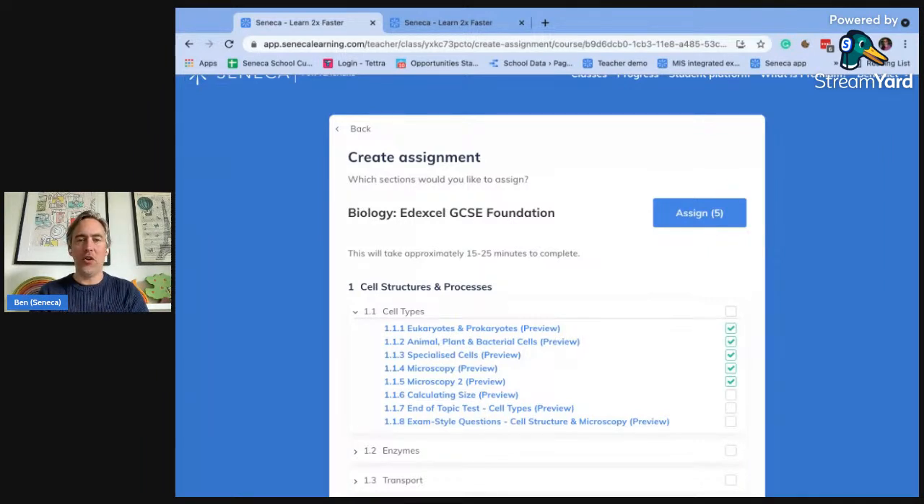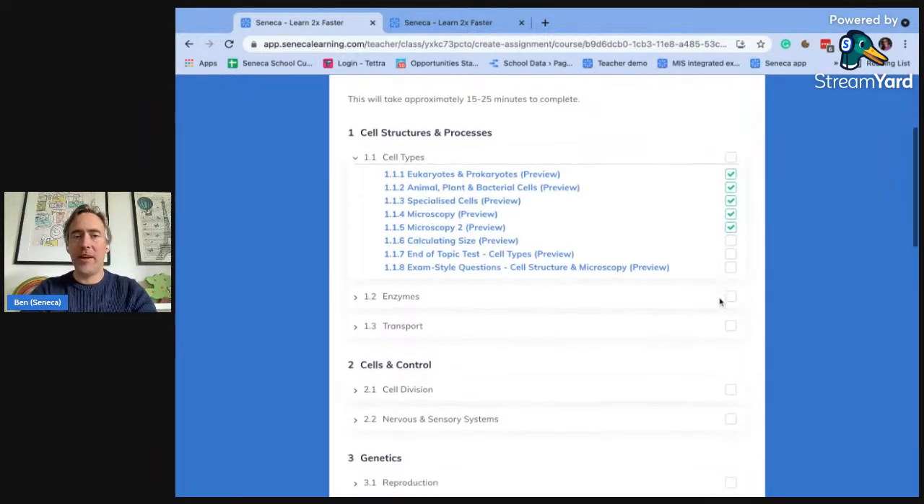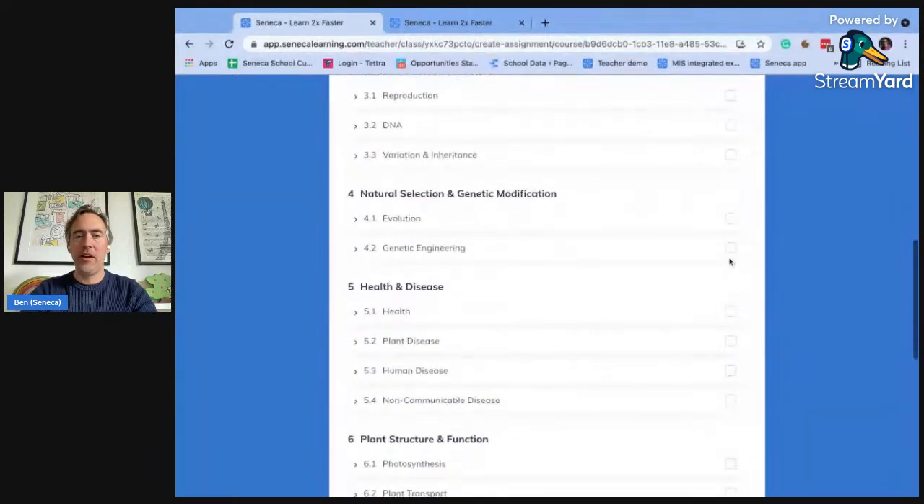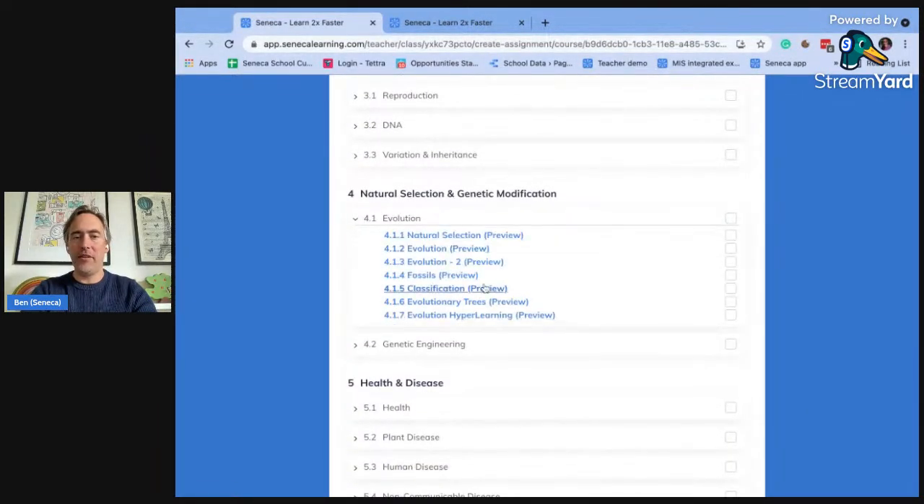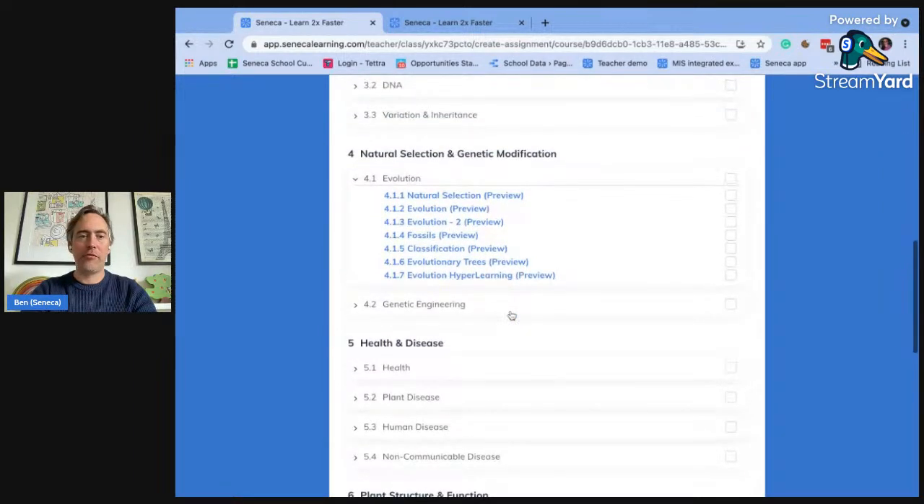I think that's a pretty good starting point. So I'm going to click this assign button. But before I do that, I will just say you don't have to start at the beginning. It may be that you're partway through a unit and you can open up any one of these. They're not locked down. You don't have to work through them in